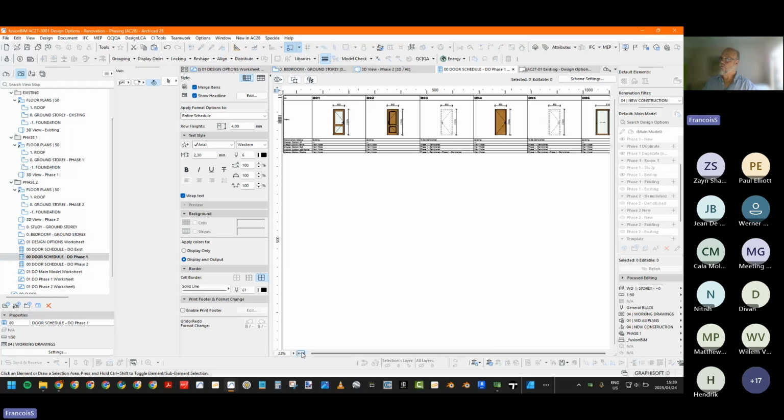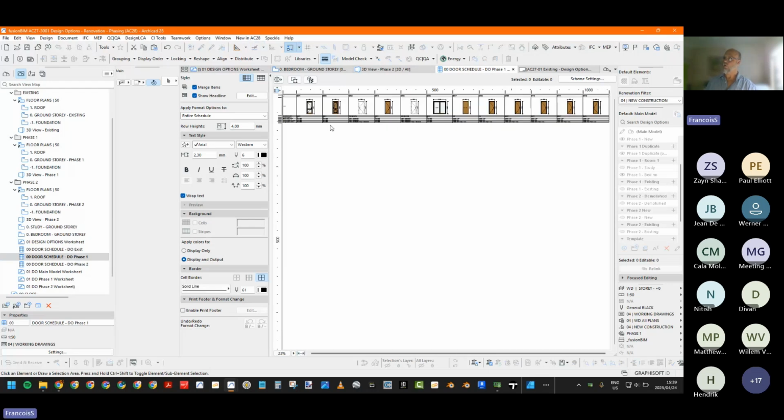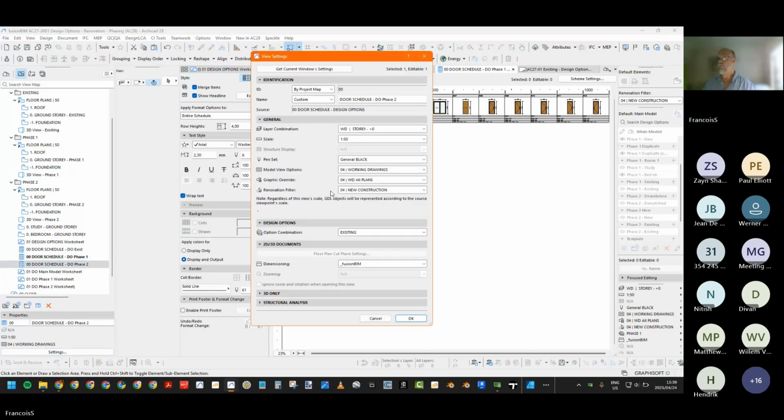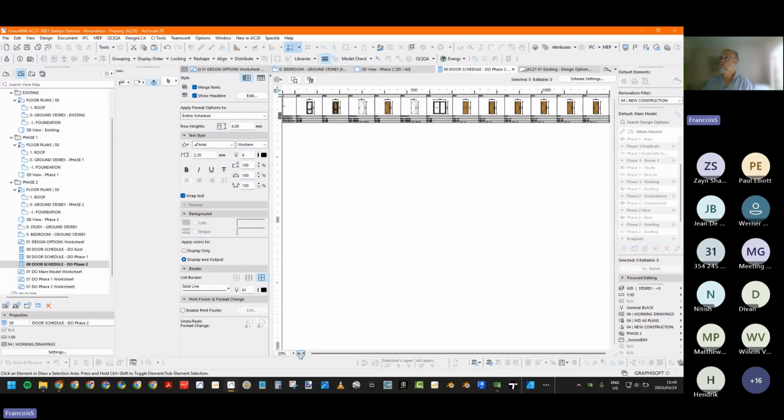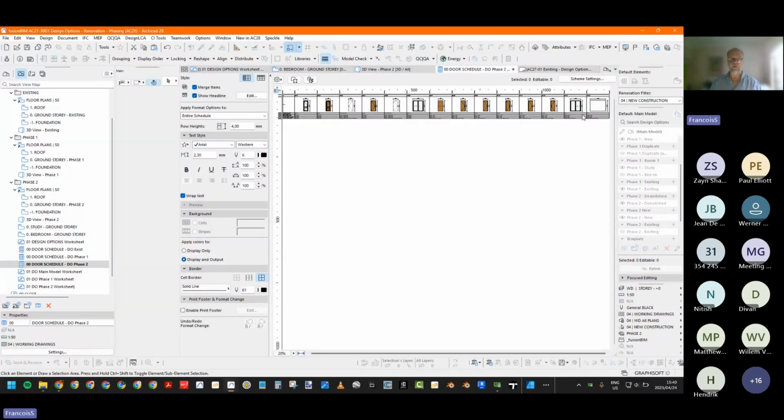So now you see, if I just fit this, there's more doors to this combination. If I change the following one and change that to phase 2, design option combination, and I go to that schedule, you'll see that there's even more doors on the schedule. And if I'm on this one where everything is shown all the way to all the stages,